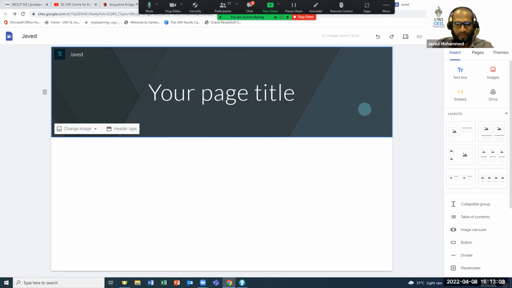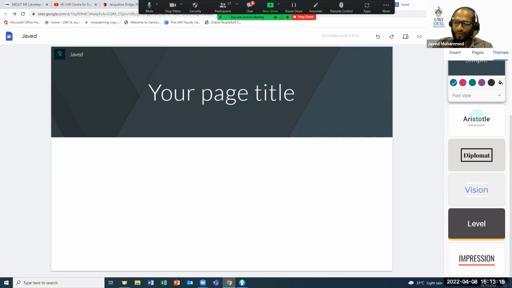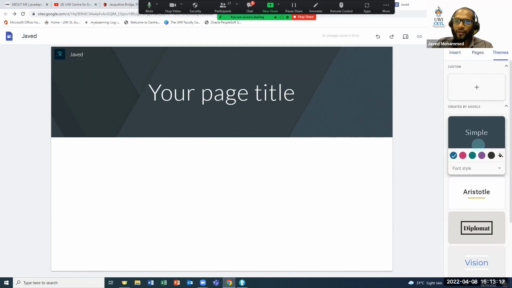If I select the header section, go to my side panel and click themes, I am now able to play around and select a theme that best represents what I want to achieve for this website. So be careful with your color scheme, your color palette.